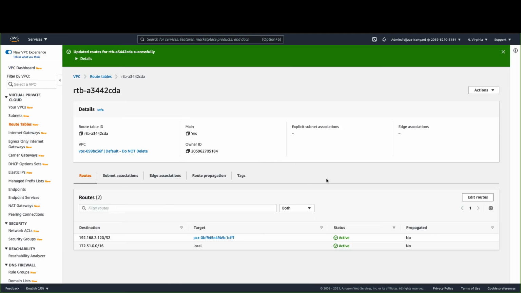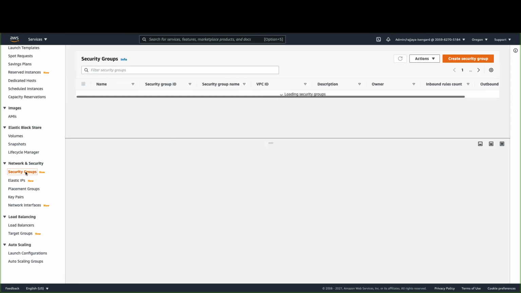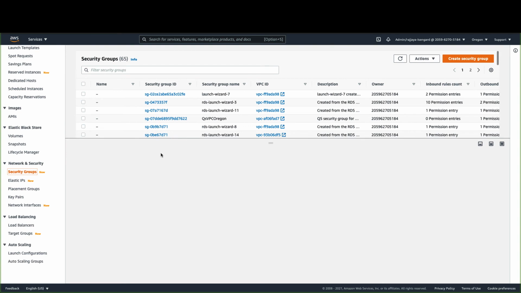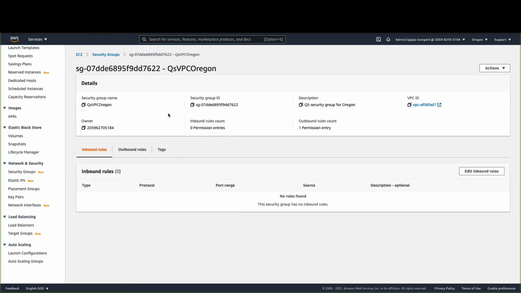Now that we created a VPC peering connection along with the appropriate route table rules, we will go into the security group rules of the VPC connection as well as the RDS instance to update the inbound rules. First, we'll start with the security group of the VPC connection in Oregon. I will choose security groups and select the security group that we just created for the QuickSight VPC connection.